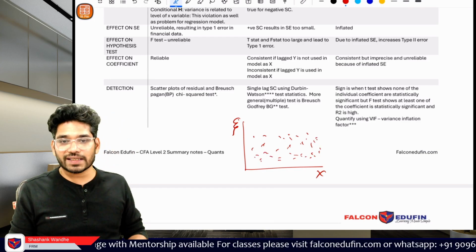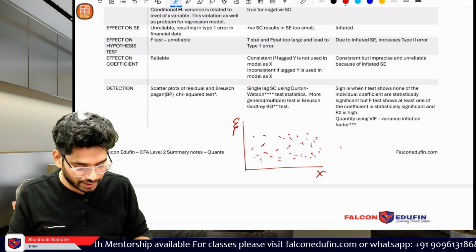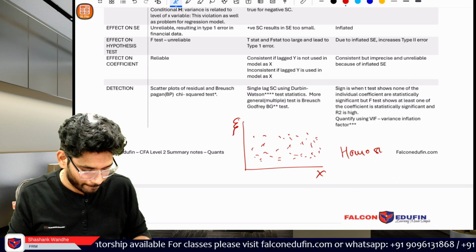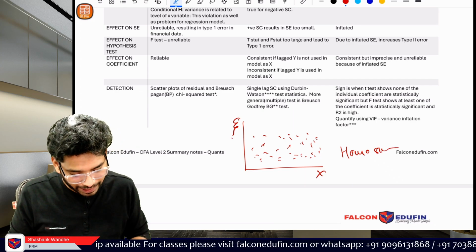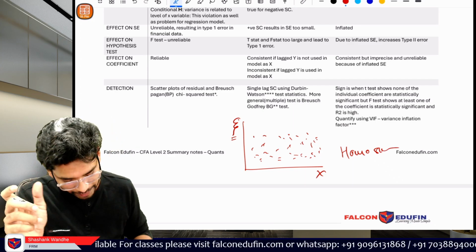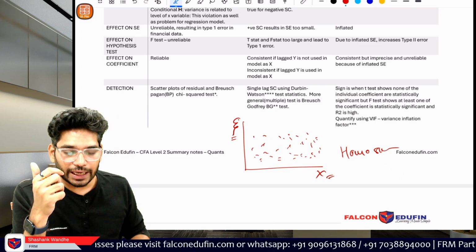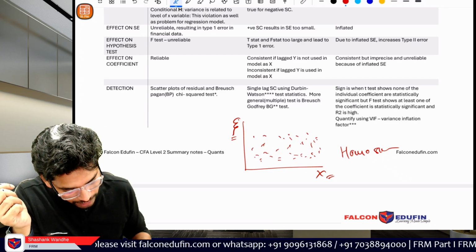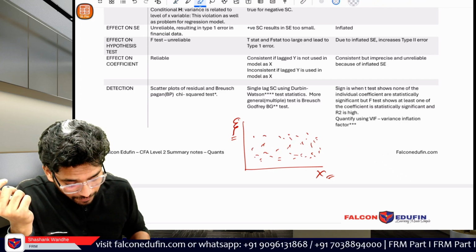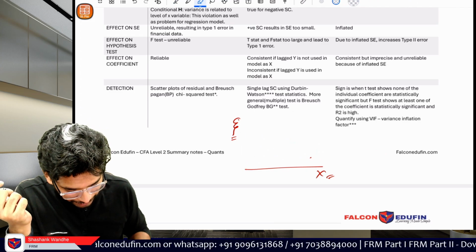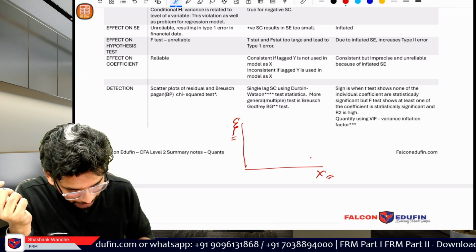Okay, so if this is the situation, this is known as homoskedasticity. That is, you cannot predict the residuals value based on the x. Okay, fine. If it is heteroskedastic, a very difficult word to pronounce, then this will look like,